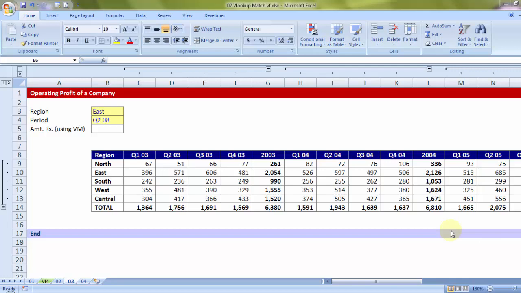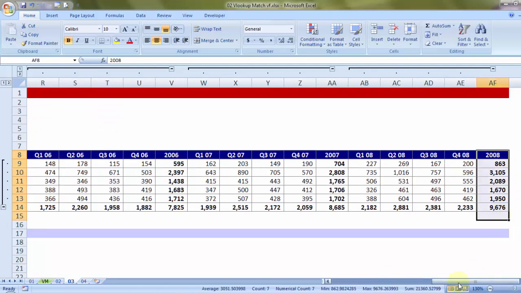Hello everyone, welcome back to another case study based on VLOOKUP with MATCH. I think the true power of VLOOKUP with MATCH will be illustrated in this example. What we have in front of us is a 2 by 2 matrix data. On one side you have the region names, on the other you have the quarterly profitability performance, which has subsequently been added up to get me the totals for the year, and this stretches up till